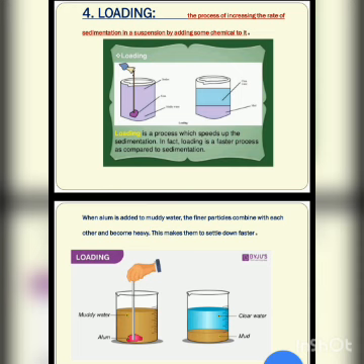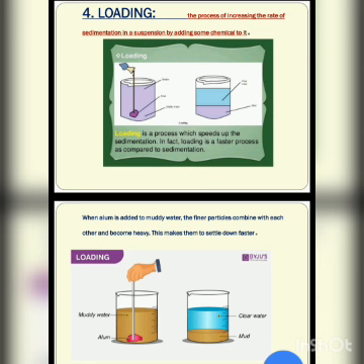So what is the basic difference between loading and sedimentation? Sedimentation and loading are actually the same, but sedimentation is a time-taking process. In the loading process, when we do not have adequate time, we add a chemical, alum, so that the same process of sedimentation goes on and we get clear water as in the sedimentation process. So this is about the loading.